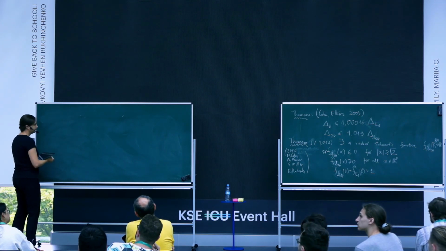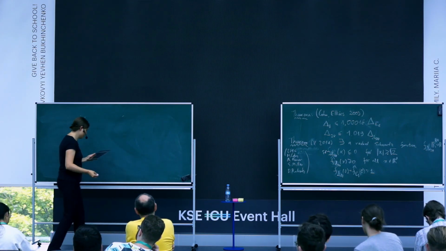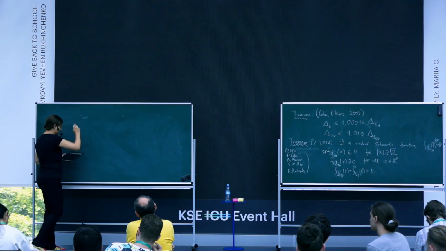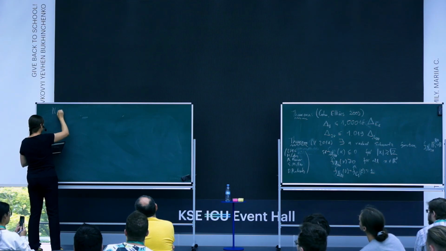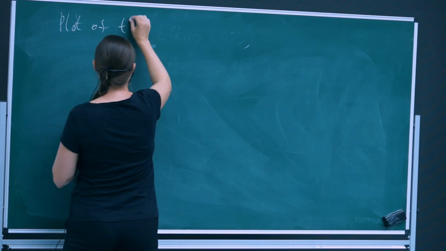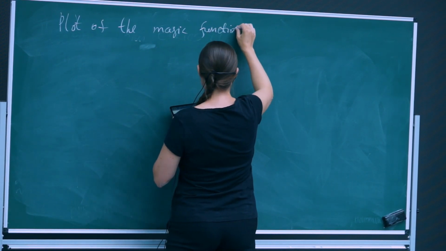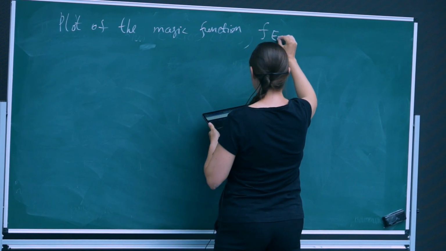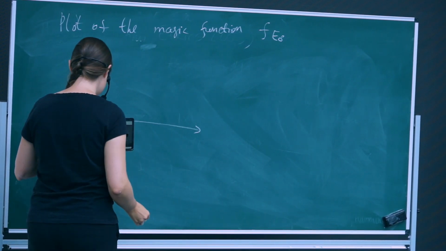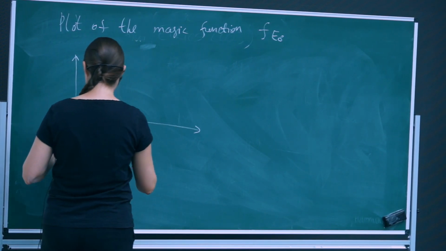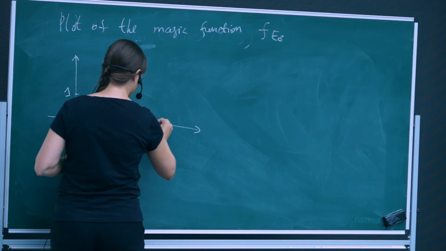And so, what are the clues for how to find such functions? Let me make a sketch of a plot of this function for you, for example for E8. Actually, the plot works for both of them. Plot of the magic function. So the function, of course, is fast decaying, and we normalized our function so it is 1 at the point 1, and we know that the E8